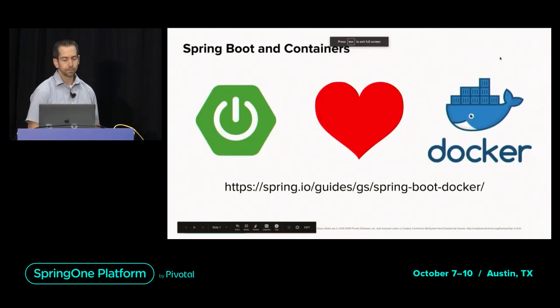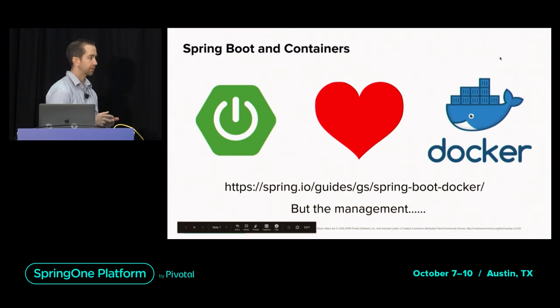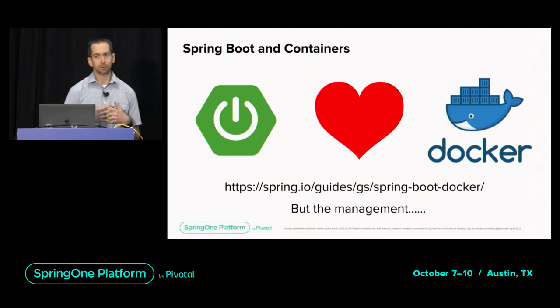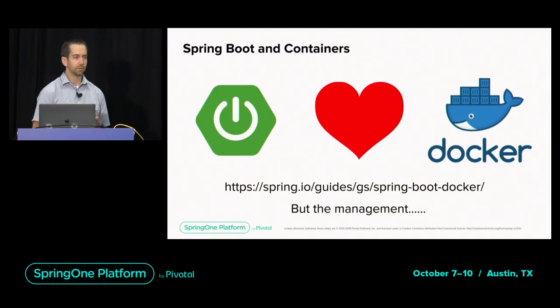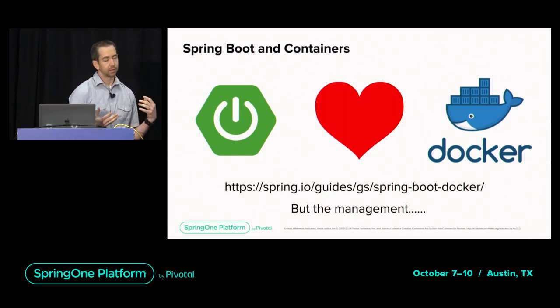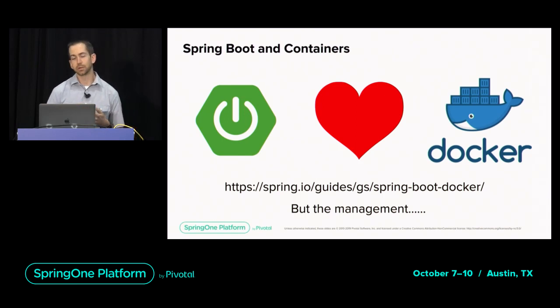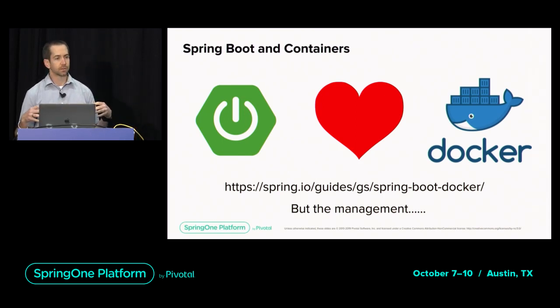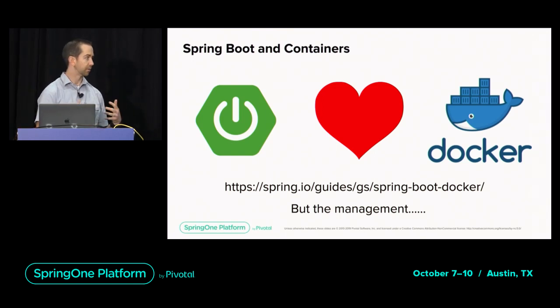So that's all well and good, but in a cloud architecture where we have not just one or two of these containers, we have potentially hundreds of these containers, you're left with: what do you do with all of them? How do you manage these containers? How do you make sure that they're all running? How do you make sure they're healthy? How do you make sure that if something happens to one of them it automatically gets restarted? How do you do all the networking between all the containers?